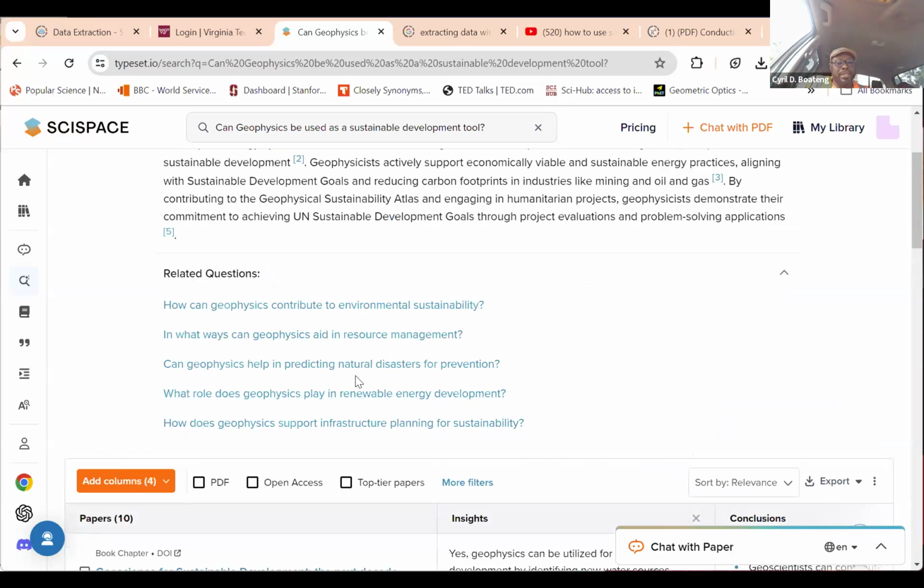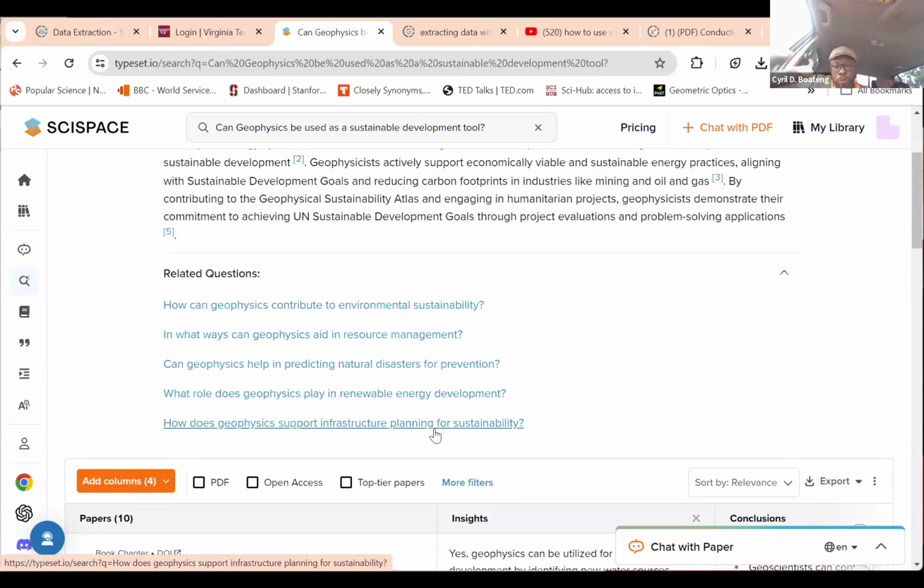So, can geophysics help in predicting natural disasters for prevention? What role does geophysics play in renewable energy development? How does geophysics support infrastructure planning for sustainability? Which are all really good related questions to my topic. So you can then explore all these areas as well, based on these suggestions if you want to.